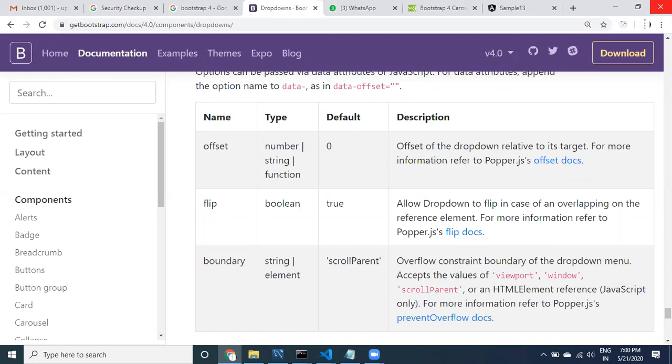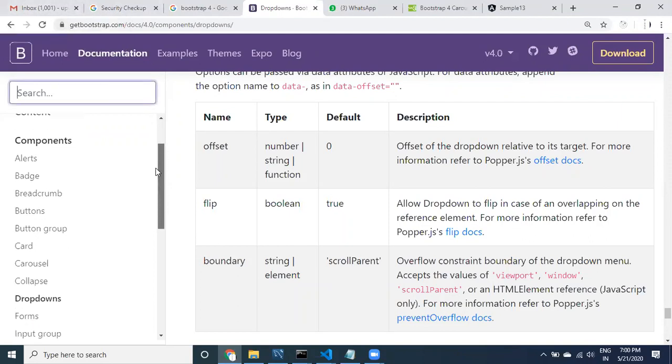You can display them on links, hyperlinks, or any other things guys. So you can use any component. These are the things you may use, and you can check it out guys.